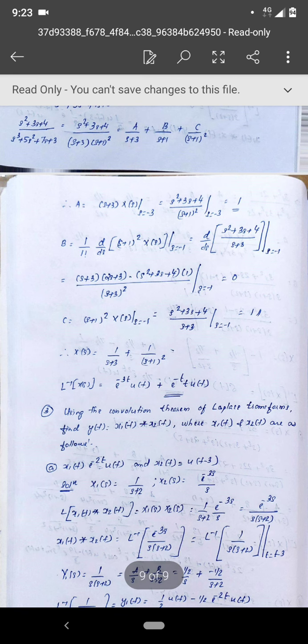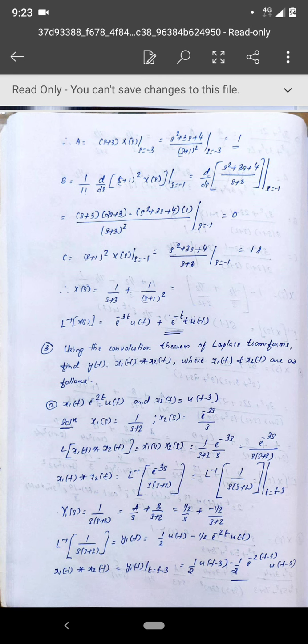Easily you can find. Then the last question, that is convolution. I told that convolution in time domain can be easily found using a Laplace transform. Simply you have to find the Laplace transform of x1 of t and x2 of t, and then you find the product. Okay, so what is the Laplace transform of x1 of t? That is X1 of s is equal to 1 by (s plus 2). Then the Laplace transform of x2